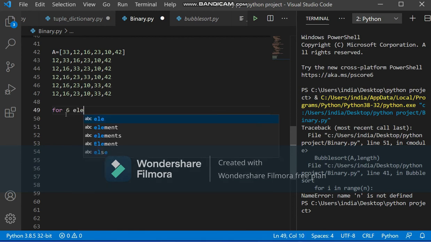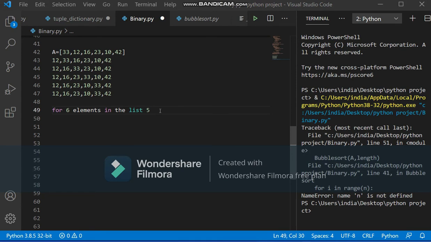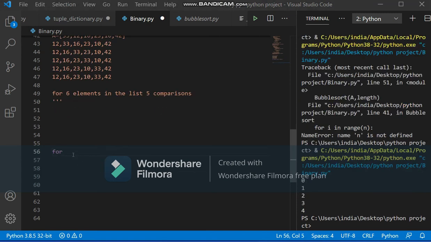Now we will see how this particular part is done in programming. We will be using a for loop. In the for loop, we have to do 5 comparisons. So using a for loop, we will see what loop we have to set.